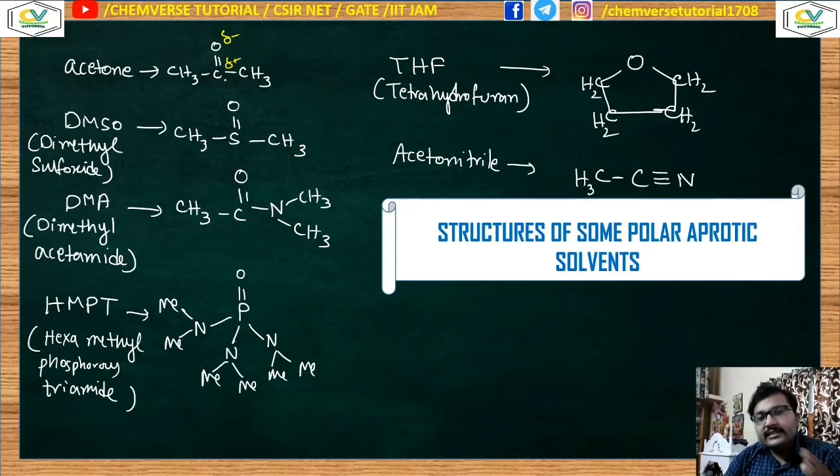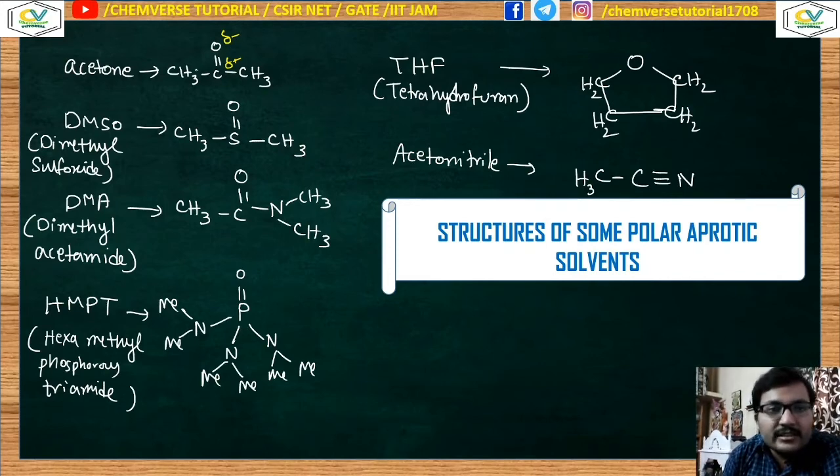Now you can think that in the case of carbon and hydrogen, there is an electronegativity difference, but the difference is very small between the sp3 carbon and hydrogen. So those tiny dipoles are neglected here. The major dipole we can find is that oxygen is delta negative and carbon is delta positive. So there's a dipole moment pointing upwards towards oxygen. The same kind of thing occurs in the case of sulfur and oxygen. In DMSO, dimethyl sulfoxide, a dipole moment acts in this direction.